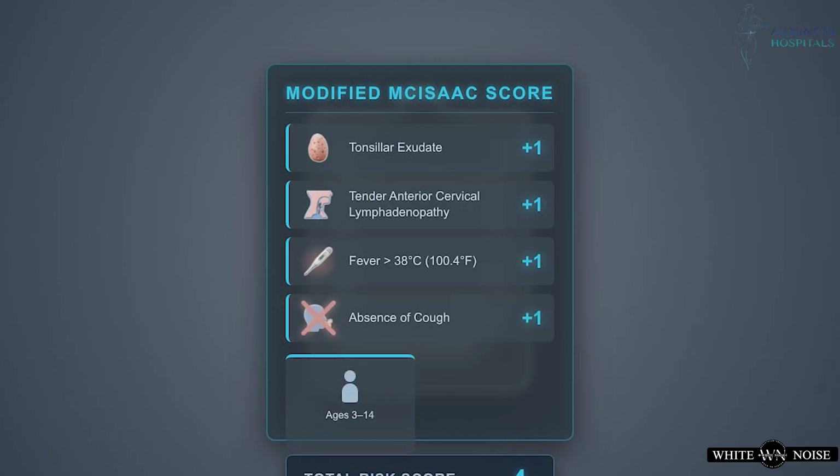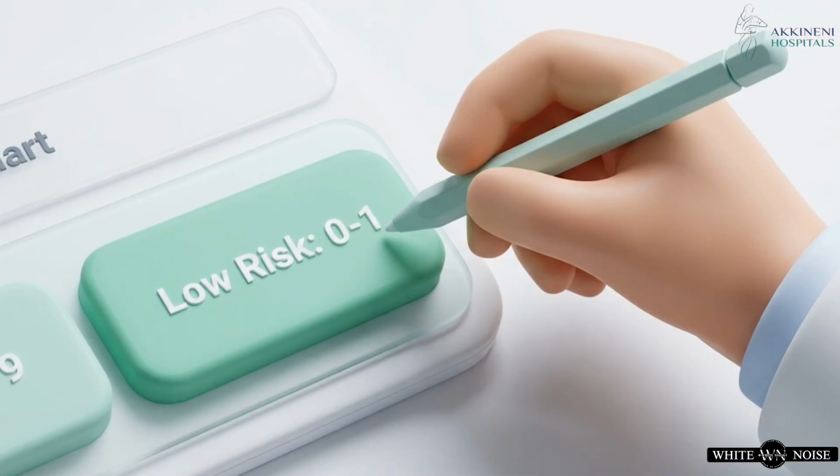of the neck. The system accounts for symptomatic criteria as well, adding a point for a documented fever over 38 degrees Celsius, and another point for the notable absence of a cough, since coughing strongly indicates a viral etiology. Finally, demographic modifiers adjust the baseline. Being between the ages of 3 and 14 adds a point, while age 45 or older subtracts a point from the total score. This cumulative number dictates the immediate clinical response, beginning with the lowest risk tier, a score of